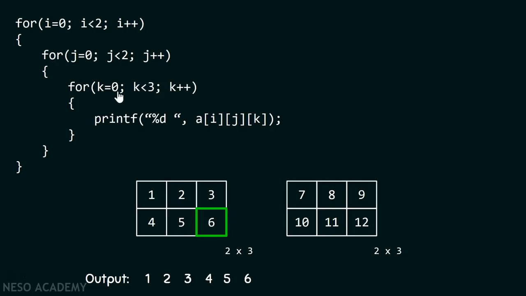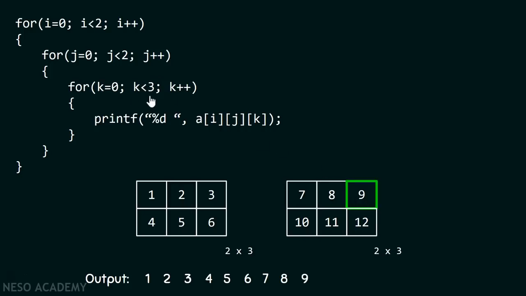We'll again come inside this for loop. k is again initialized to 0. That means we are now in the first column of the first row of this two-dimensional array. 0 is less than 3, condition is satisfied. We come inside this for loop and we will print this particular element, that is 7. After this, k will again get incremented. k now becomes 1. 1 is less than 3, condition is satisfied. We'll print this particular element next. Then we know the next element which will get printed on the screen is 9.